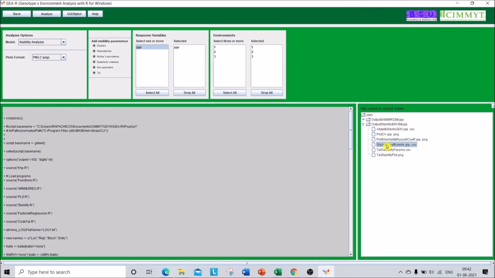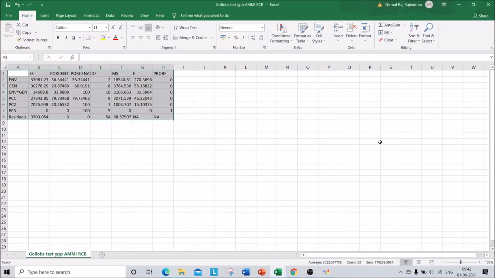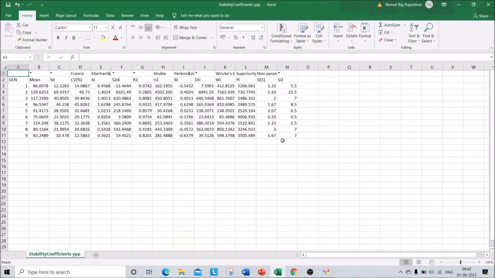Now we can also have the coefficients in an Excel file format. So these are the stability coefficients. You can see the genotypes, the mean value, standard deviation, and your CV value, regression, squared deviation values, Shukla's parameter, Perkins and Jinks parameter, Ricks equivalence, superiority measures, and your non-parametric models also.